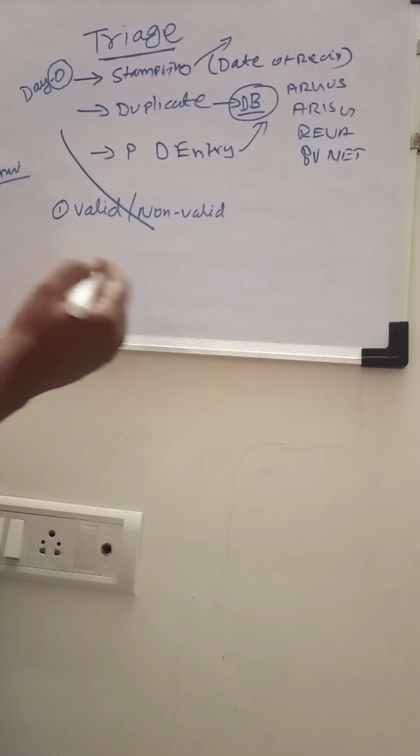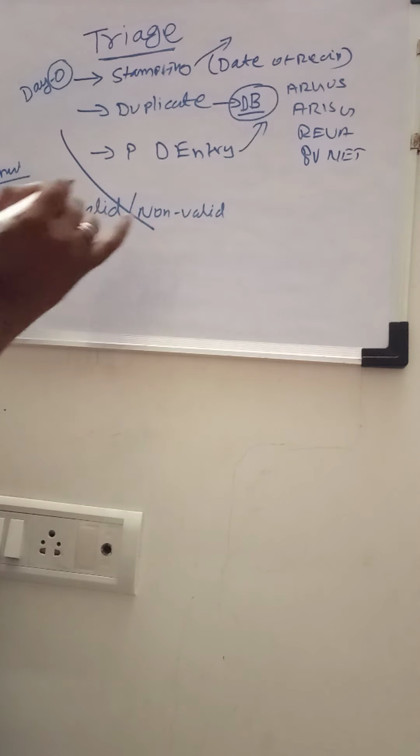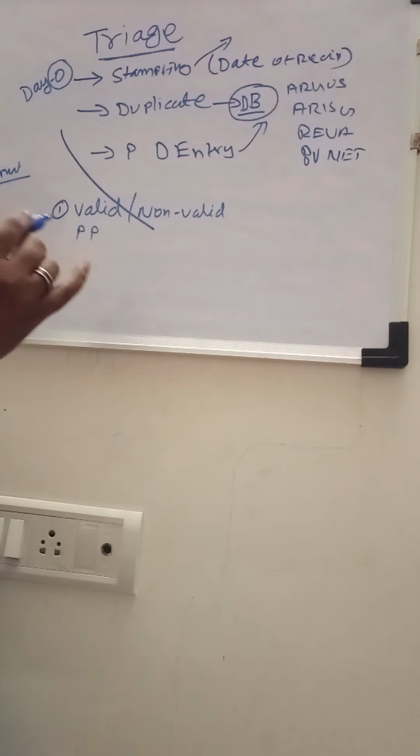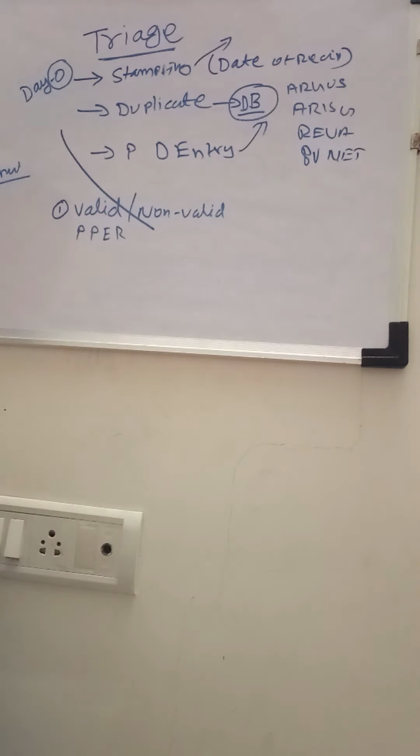There are 4 minimum criteria, as you are already aware. That is the patient, the product, what is the particular product, an event, and a reporter. These are all the 4 criteria to be met for a case to become a valid case. So they will cross check whether it is a valid case or a non-valid case,